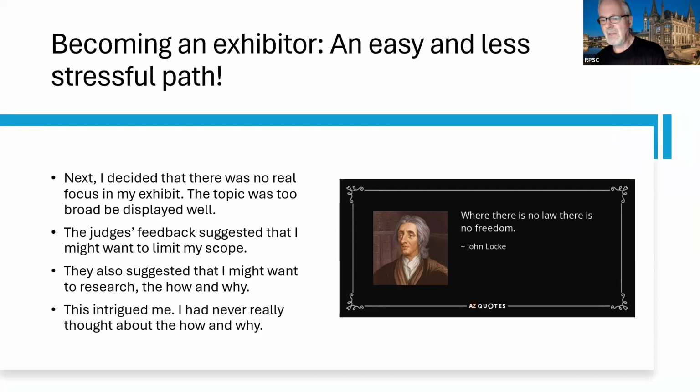I love this John Locke quote, where there is no law, there is no freedom. We think we're being free when we can put whatever we want on the page, and that's fun. There's nothing wrong with that. But the judges' feedback suggested that I might want to try to limit the scope of my Antwerp Olympics. A couple of them used the